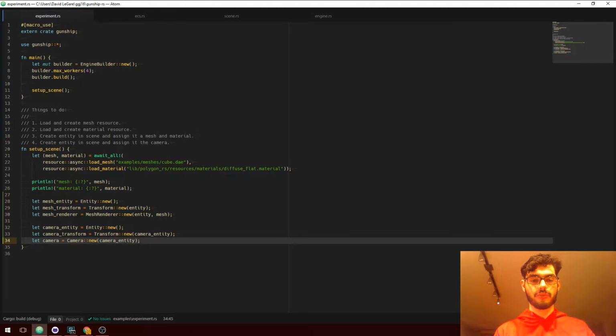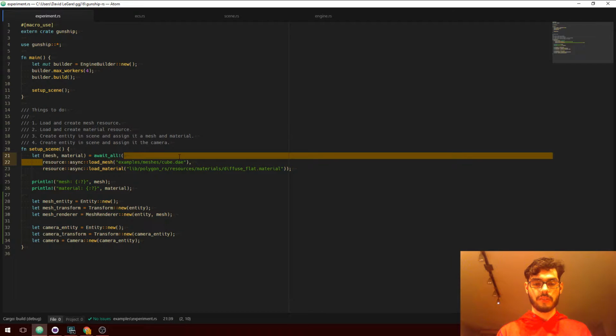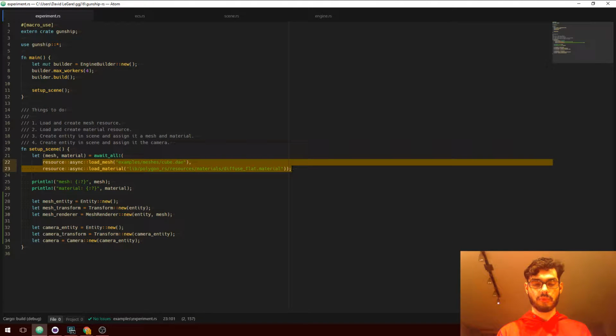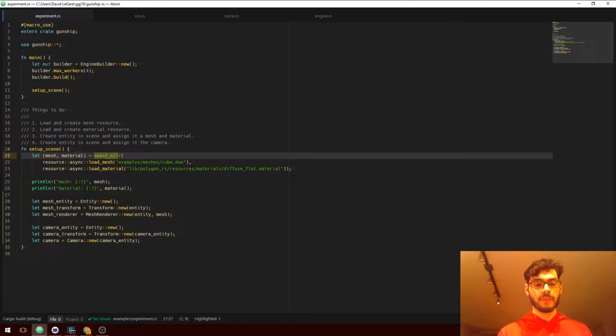Last couple of streams, I've been working on my asynchronous code management thing. I don't really know what to call it. That's my system for doing asynchronous multi-threaded operations throughout the game engine. Last stream, I got some basic resource loading working. I'm able to load a mesh off of disk and load a material off of disk, load them in parallel and get both of their data associated with the renderer, and then return that information asynchronously.